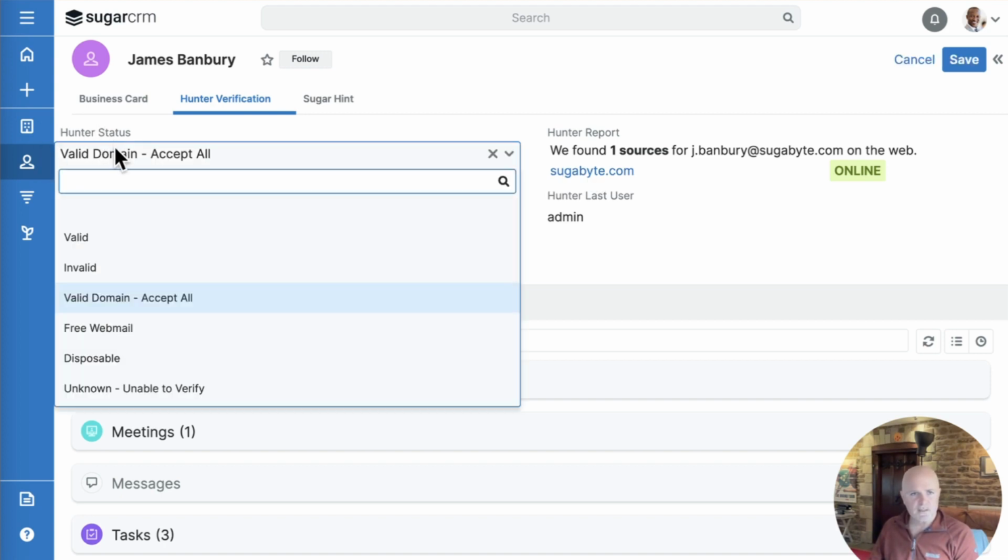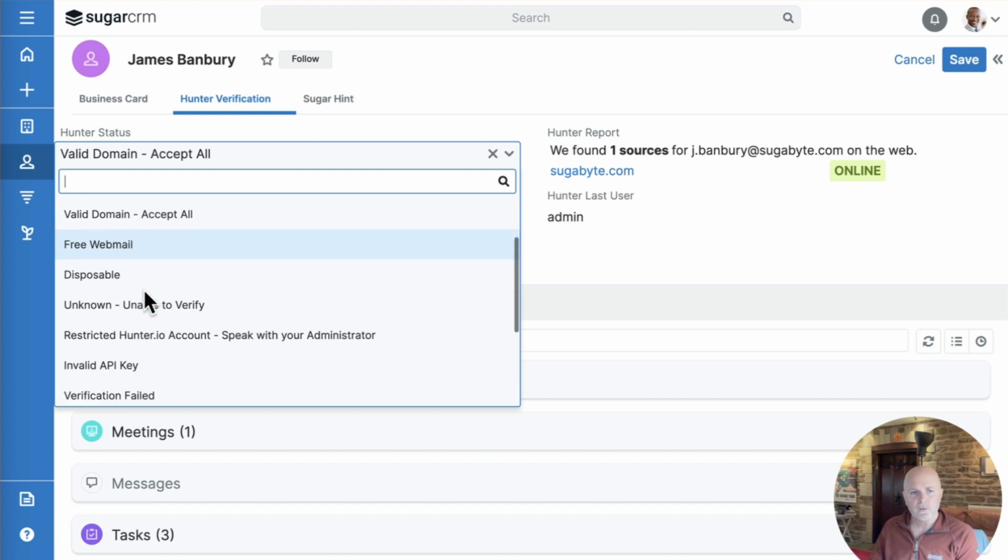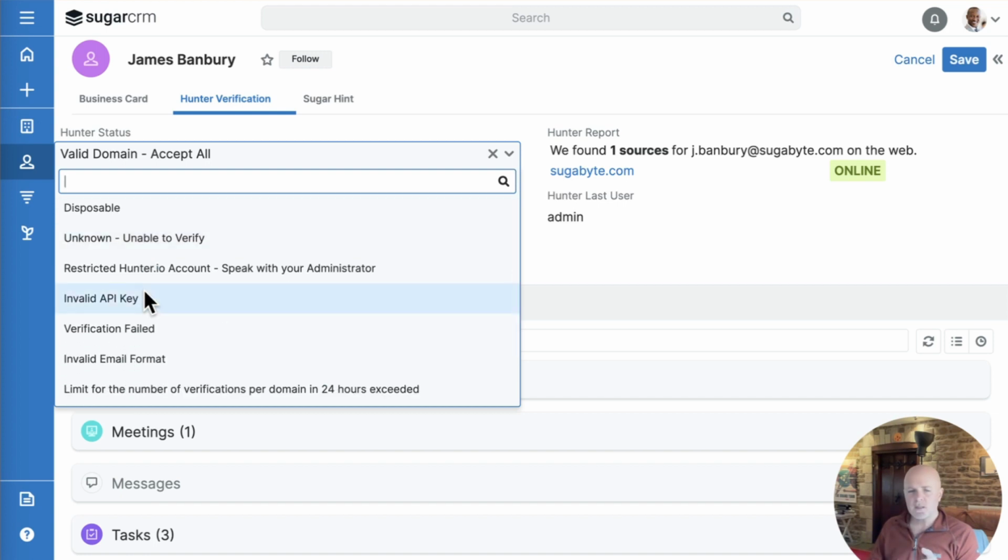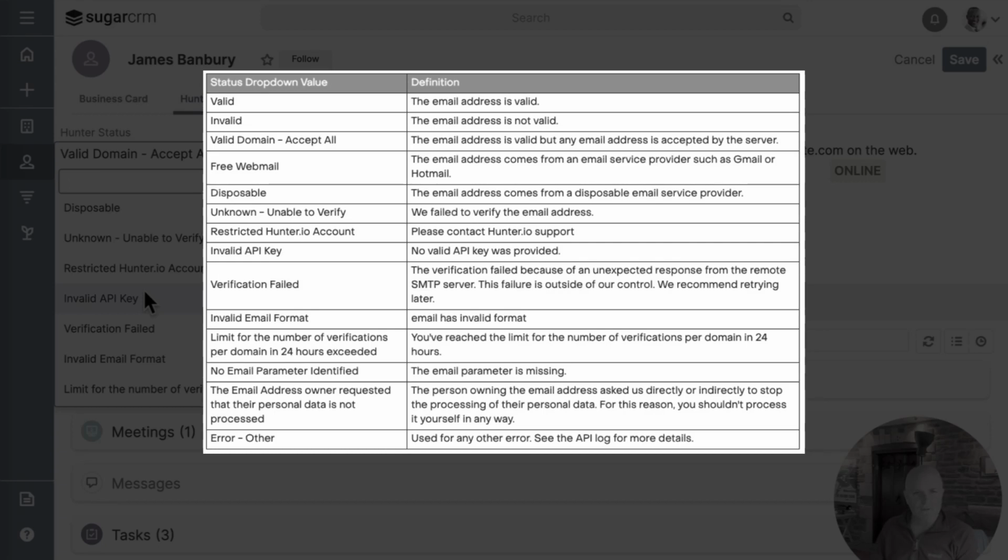This is the main reporting field that indicates if a contact or a lead does indeed have a valid email address or has an invalid one, or perhaps it's a Gmail account, in which case it will come up with free webmail. We have a table which I'll show on screen now that illustrates all of the different Hunter status value definitions,